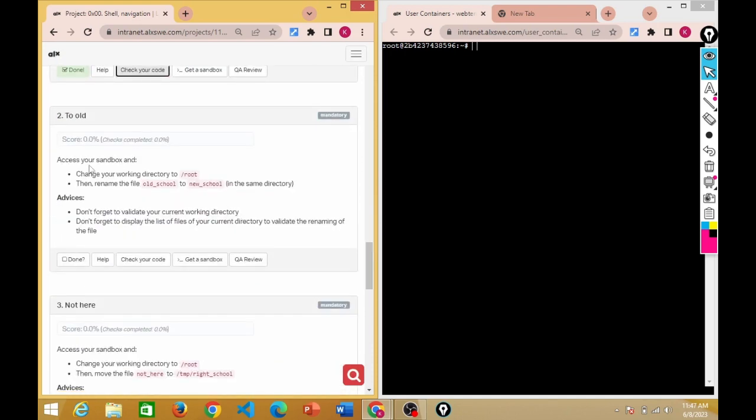Next task: access your sandbox, change the working directory to root. So we'll do that. cd, remember the command to change the working directory, cd. Then we change to /root. I'll hit enter. Then rename the file old school to new school in the same directory. So there's a command. What command do we use to rename? To rename a file, we use the command